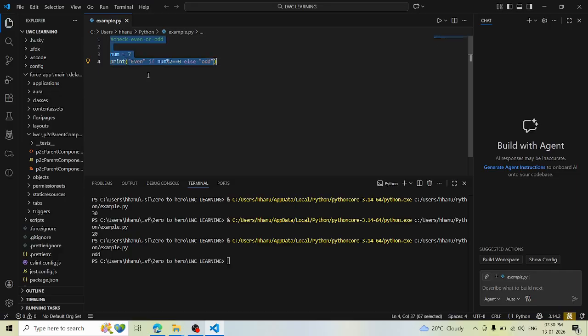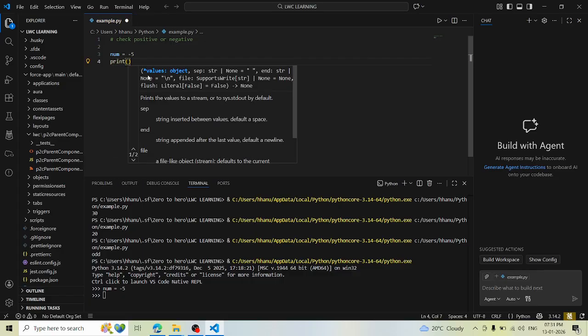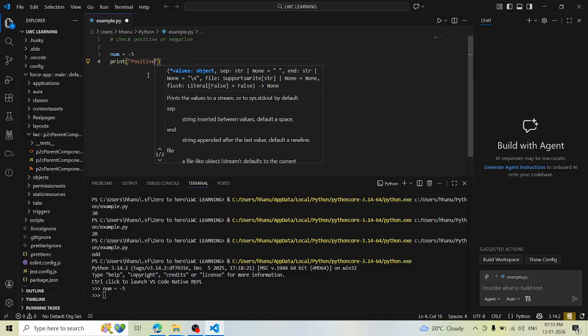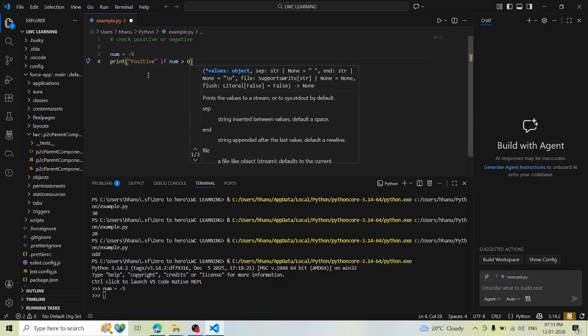Next I am moving to program 4, check positive or negative. Now let us check positive or negative number. I will type num equals to -5. Why am I giving num equal to -5? Here the value of num is -5, and print of positive if num greater than 0, else